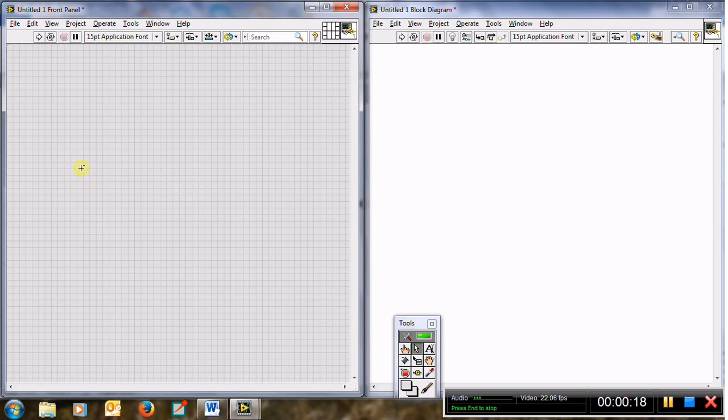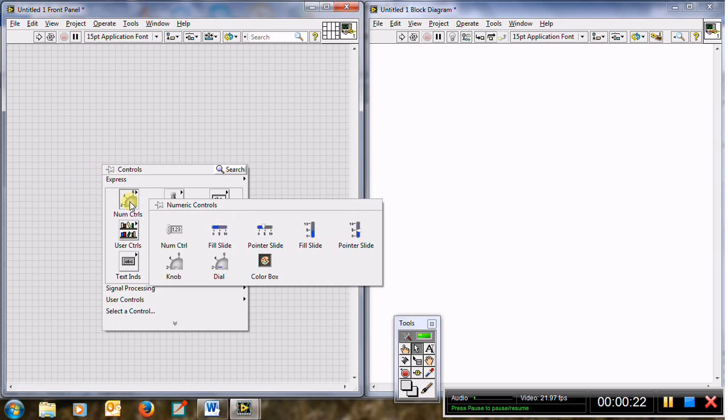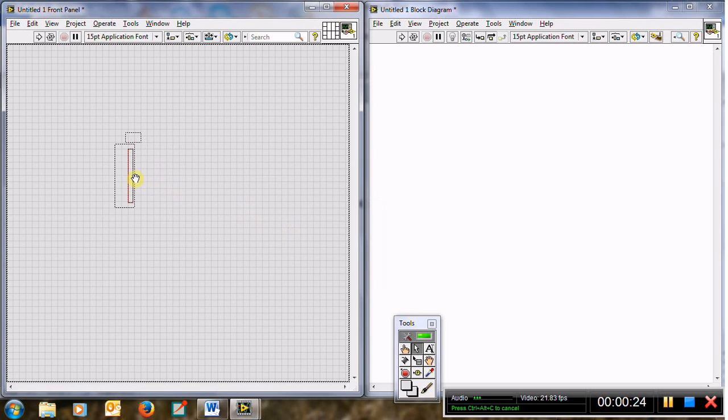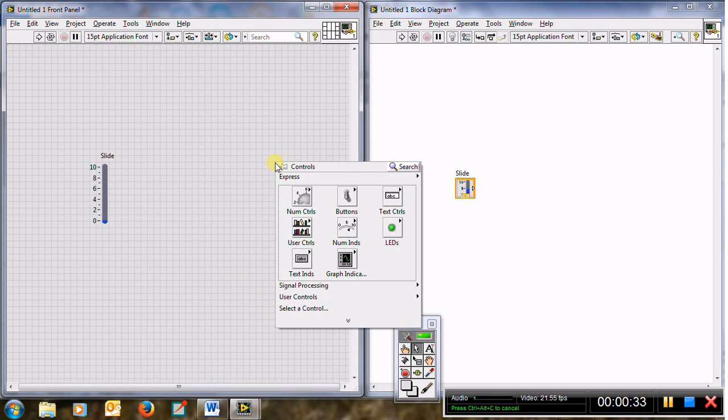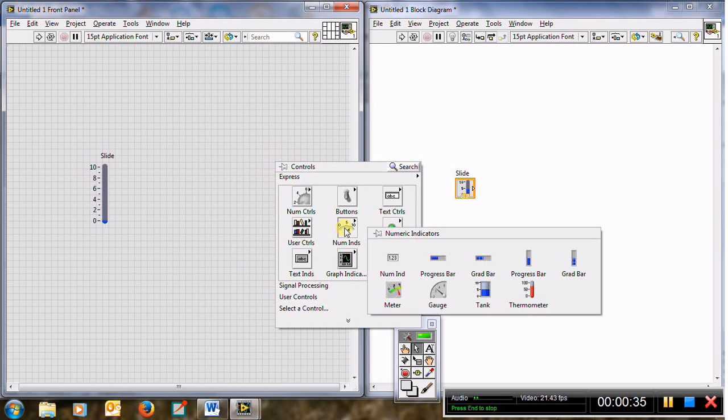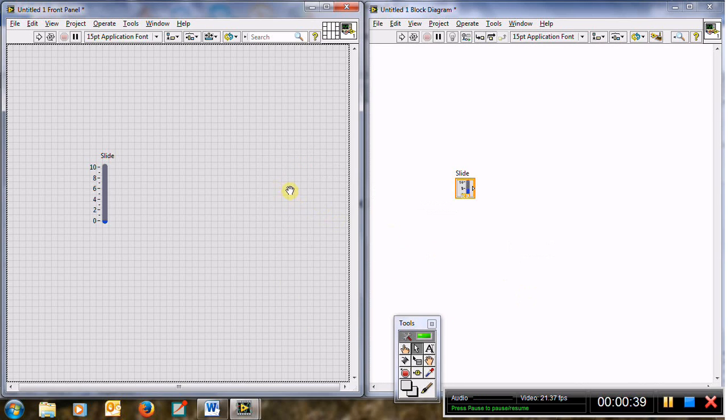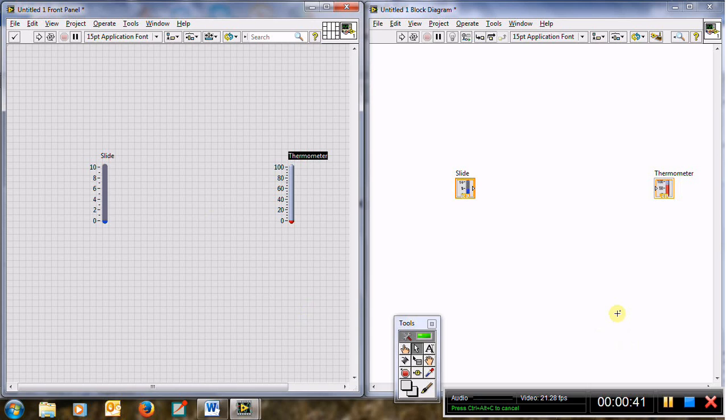Now, first of all, let me create a control. Right click in this area. Control, fill slide 1. It's better since we are talking about temperature, and of course I need to create an indicator. Right click in this area here, numeric indicators. Let us choose thermometer. This is the thermometer,